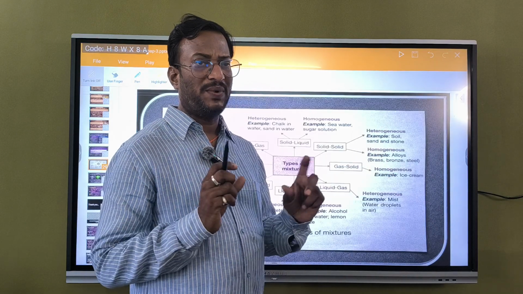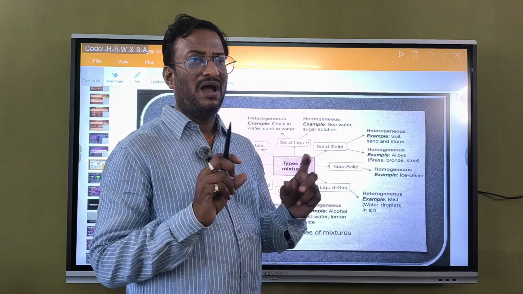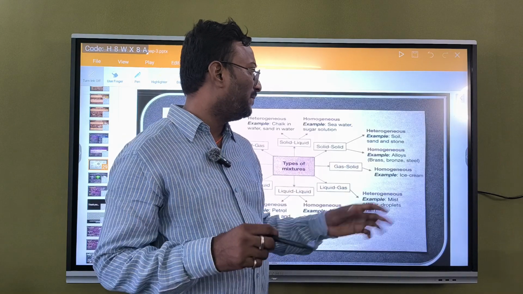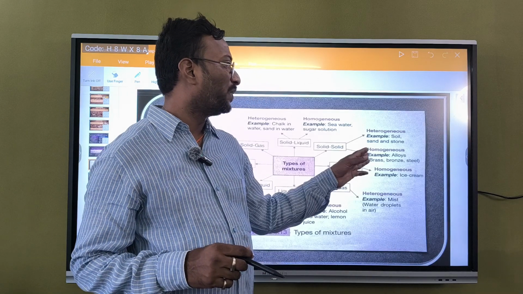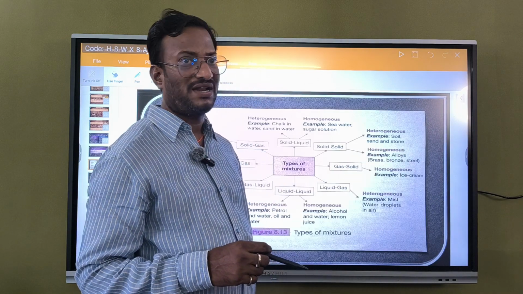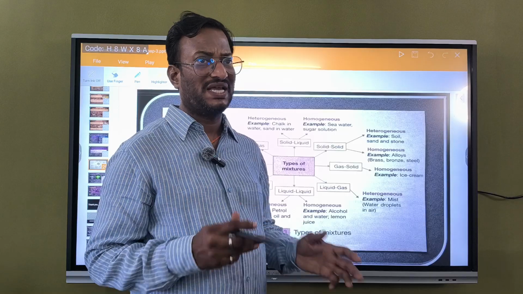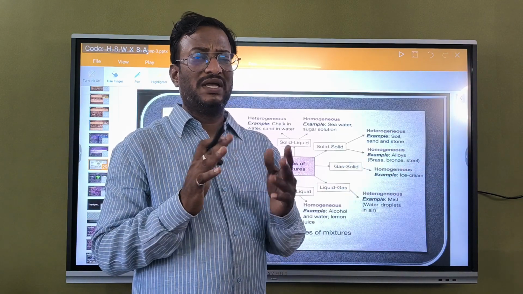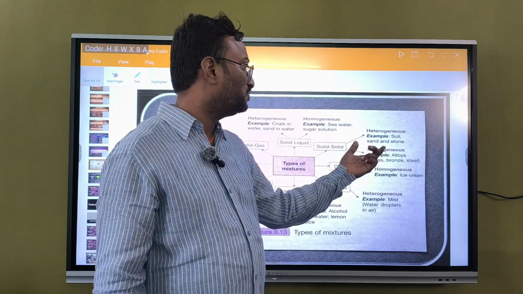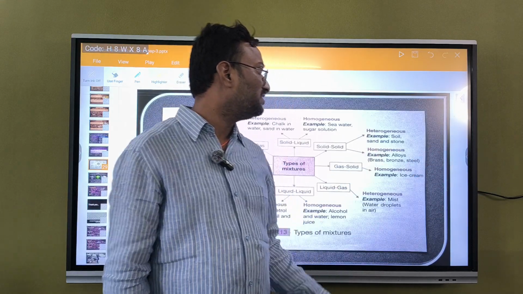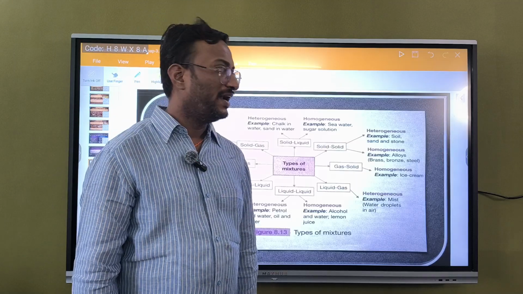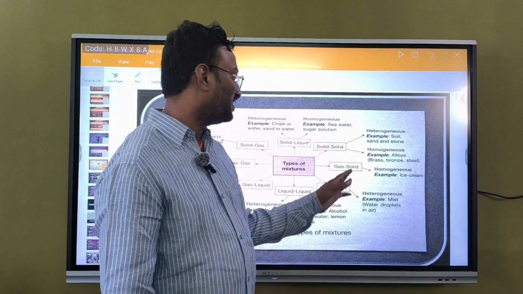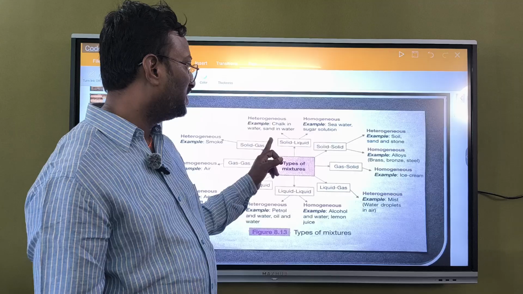Alloys are made when different components are heated, melted and combined together to form a new material, like brass, bronze, steel, etc. They are homogeneous mixtures because the characteristics of the mixture cannot be gotten back. They will be homogeneous. And heterogeneous are soil, sand and stone. These are heterogeneous mixtures. And next, in case of solid liquid,